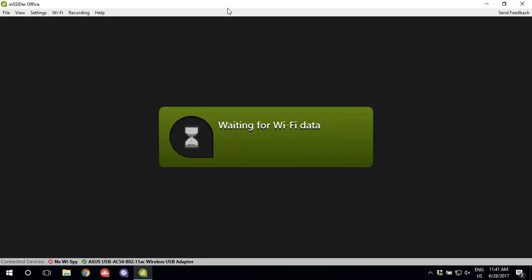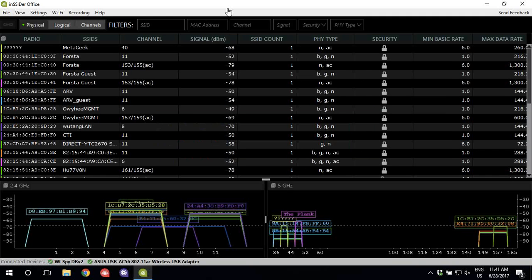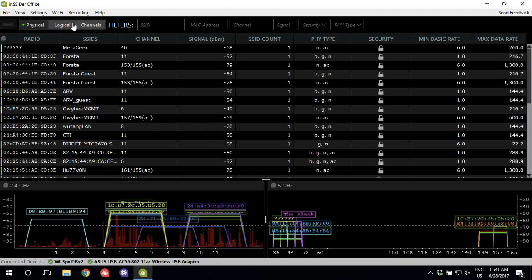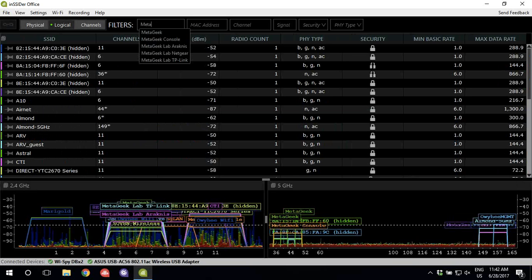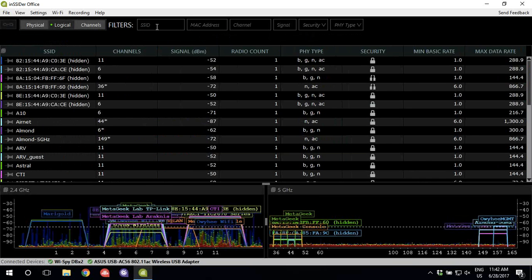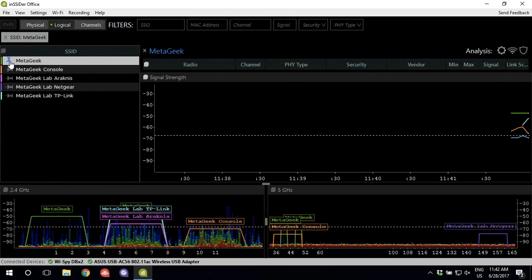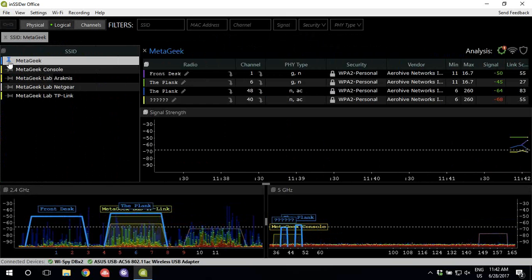The one that I wanted to show you was the pin network feature, which I'm pretty excited about. You can now pin your network to the top. I'll show you that really quick. If you go to logical mode and let's filter down to MetaGeek. And by the way, we'll automatically pin a network if you're connected to it, so you can even usually skip that step. You can hit this pin button here, and now that network is pinned, so you can more easily keep track